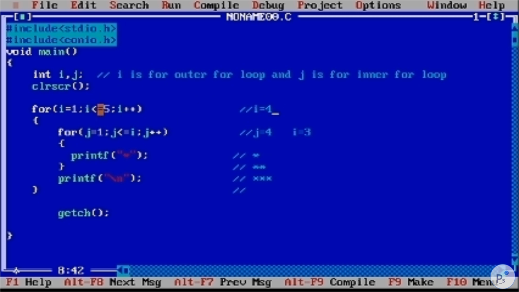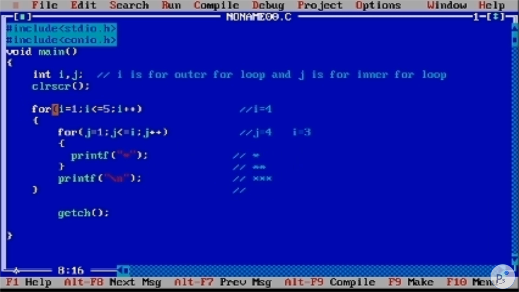So 4 is less than or equal to 5. Yeah, the condition is true. Remember, it will enter the inner for loop when this condition is true. As I told you, the outer for loop is used to define the rows. Are you getting that? Whenever it moves the cursor to a new line, the rows are incremented.